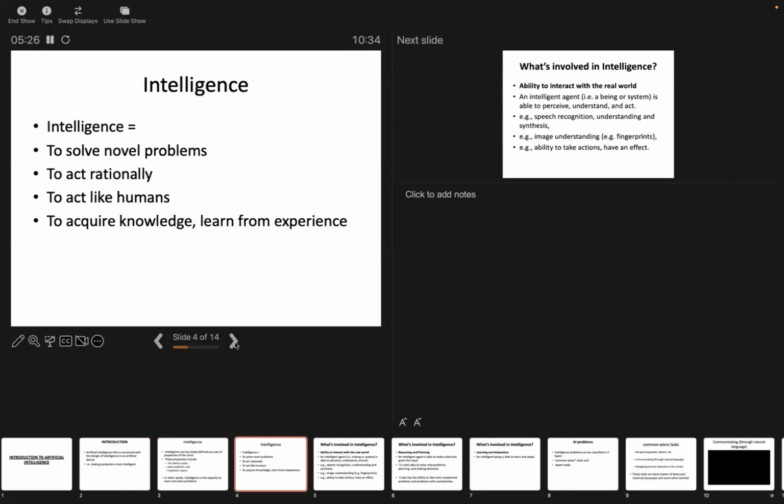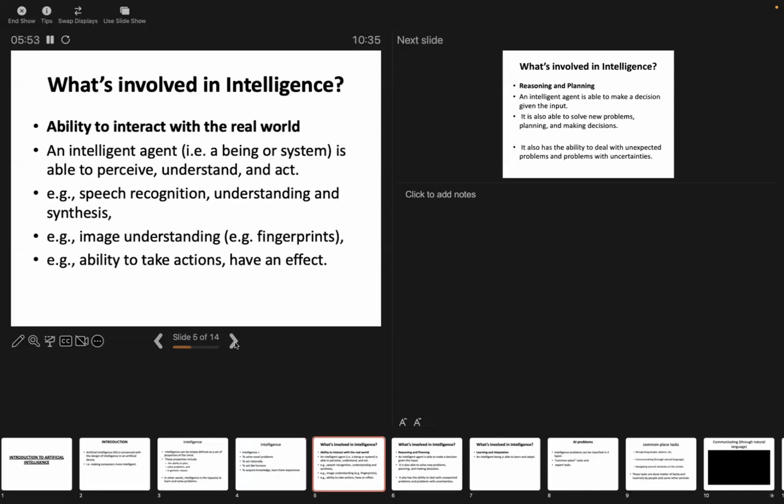Okay, so to summarize, intelligence means the ability to solve problems, the ability to act rationally, the ability to acquire information or knowledge and learn from experience, and also to act like humans. So these are the things that we did look at. So what is involved in intelligence? Any system that we can call intelligent should be able to perform the following